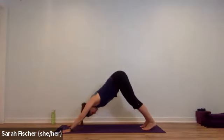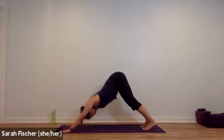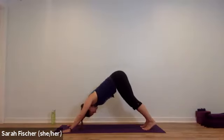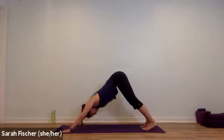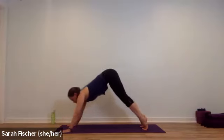Let the breath be an indicator of whether you're overworking or not. Usually when we overwork, either the breath will get really ragged or we'll just stop breathing. Neither one of those is super effective over the long term. So instead, allow the breath to smooth out, even if you need to work a little less. Let it be easy. Look up towards the top of the mat, rise on tiptoe, bend your knees and step